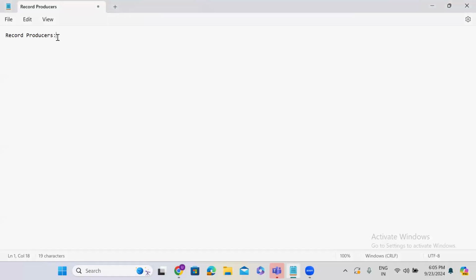So in today's session, we are going to discuss record producers, guys. Record producers are used to submit the records on tables in the database. Okay, record producers are used to submit